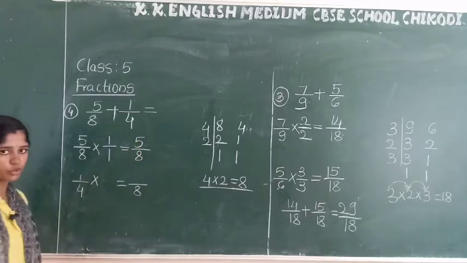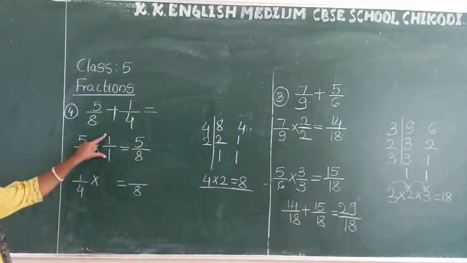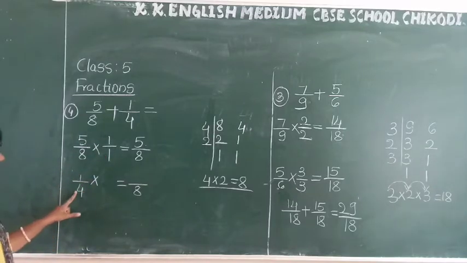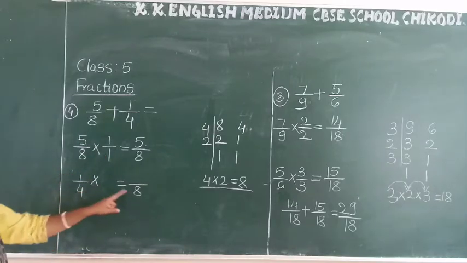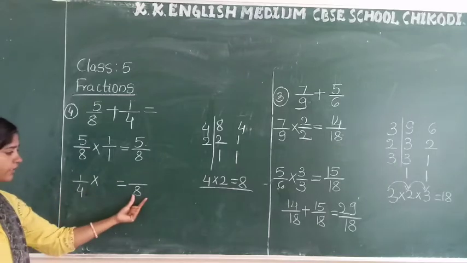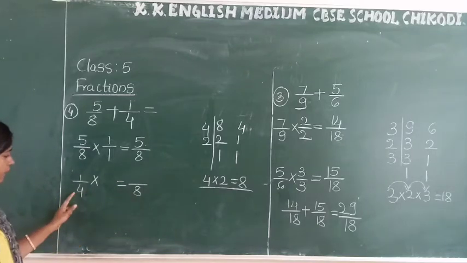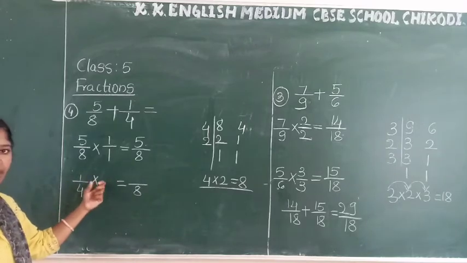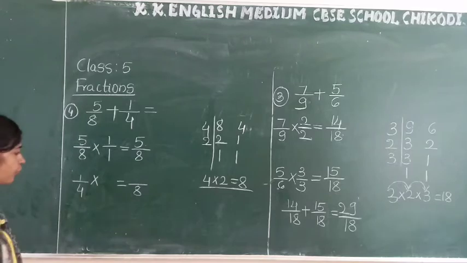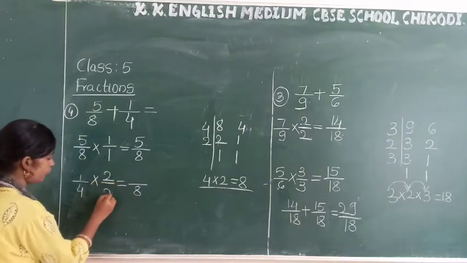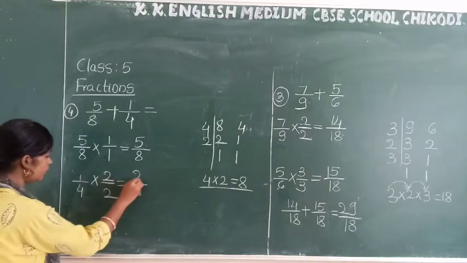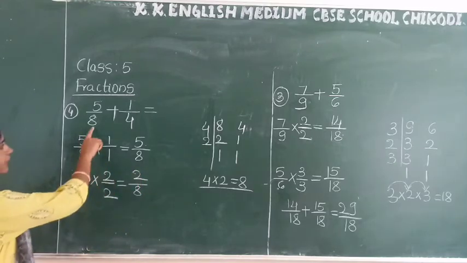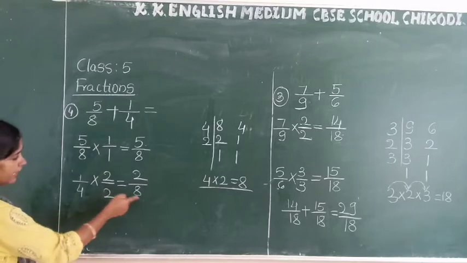Okay, already I told you, when you are multiplying, you multiply the numerator and denominator with the same number. Okay, next here 1 by 4 is there. This means here denominator 4 is there and here 8 is there. If you want to convert this 4 to 8, which number do I have to use here? 2, because 4 2s are 8. 4 2s are 8. 1 2s are 2 and 4 2s are 8. Okay. Then I converted this unlike fraction to like fraction.